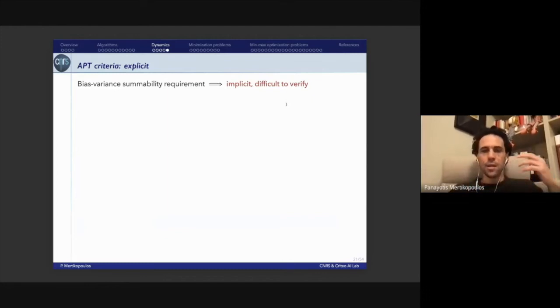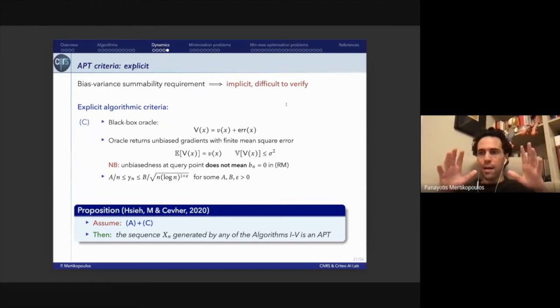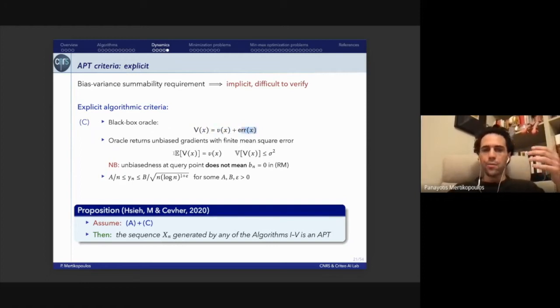All right. So as I was saying, these conditions which are algorithm dependent are a bit difficult to verify. So we'd like to also have some more explicit, well-grounded criteria for this APT property. So this is where we need to dig into the algorithms and the assumptions for the type of gradient oracle that we have. So I'm assuming here that whenever you query the gradient oracle at a given point, you are getting an estimate of the gradient up to a certain error. And for this error, I'm assuming that it is zero mean and that it has